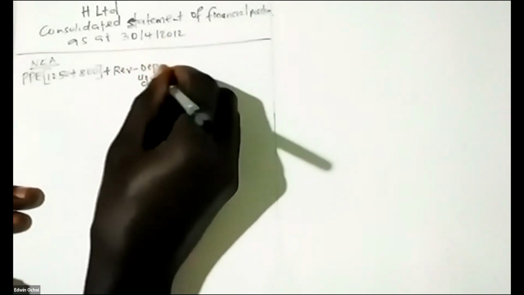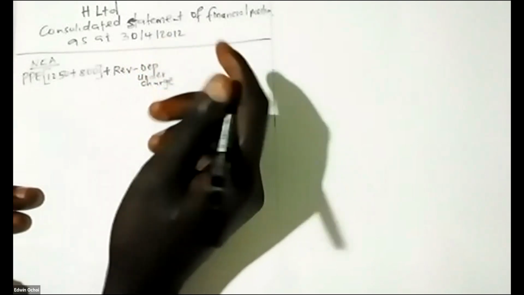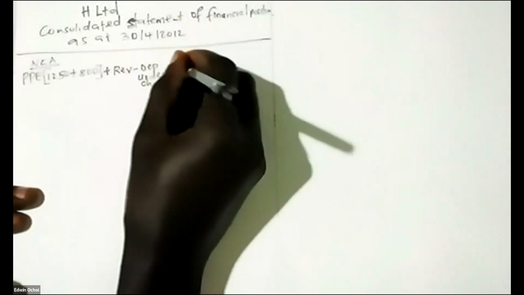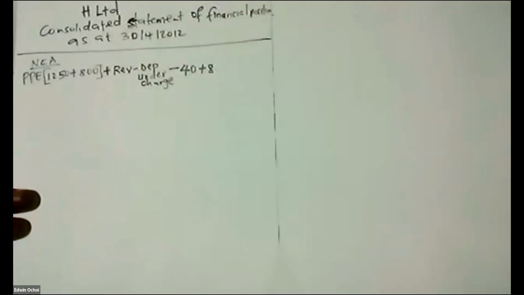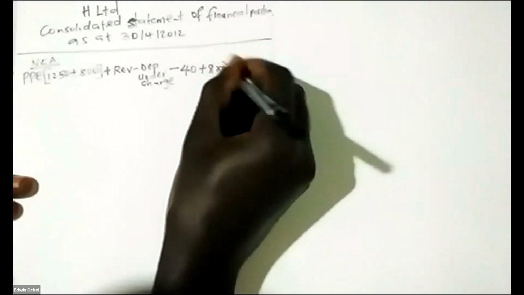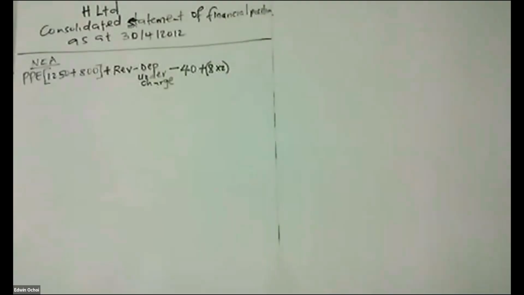Depreciation undercharge is due to this revaluation. Then after that, you minus 40, which is UPFA, you add 8. But now the 8 you add must be for 2 years, because it's accumulated